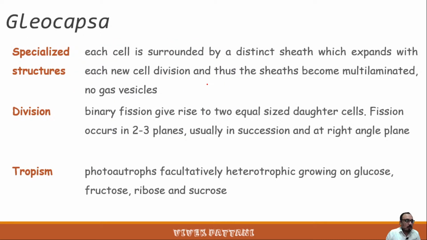Next one. Now I have included one of the bacteria of this group, which is Gloeocapsa. Specialized structures of Gloeocapsa: its cell is surrounded by a distinct sheath which expands with each new cell division, and thus the sheaths become multilaminated and have no gas vesicles. Binary fission gives rise to two equal sized daughter cells, and fission occurs in two to three planes